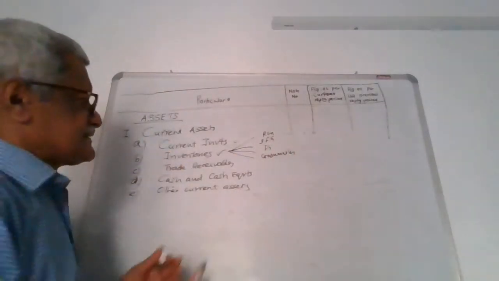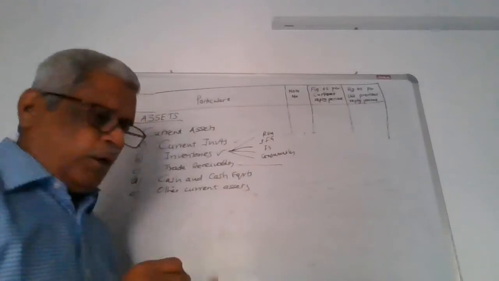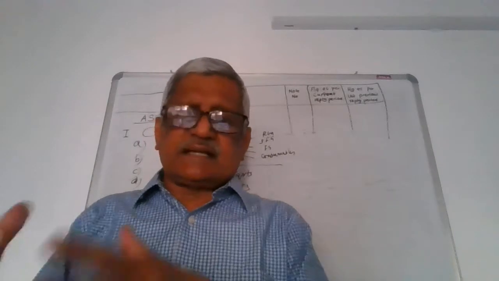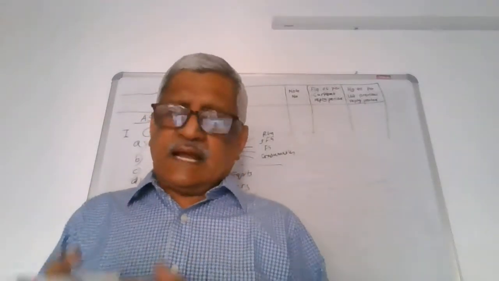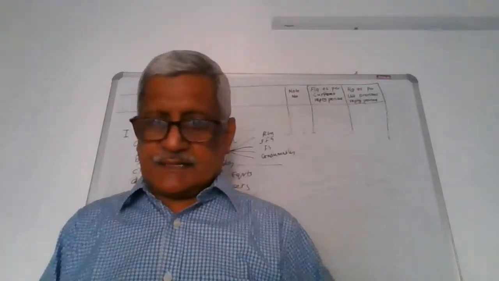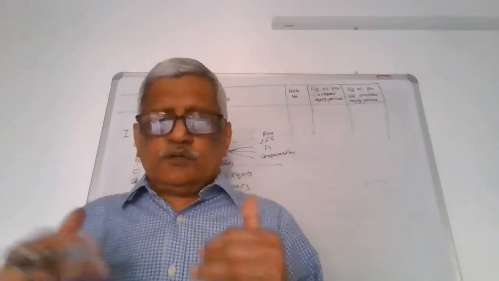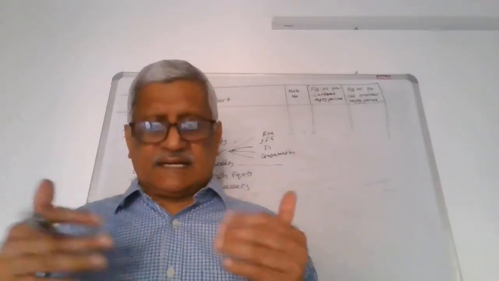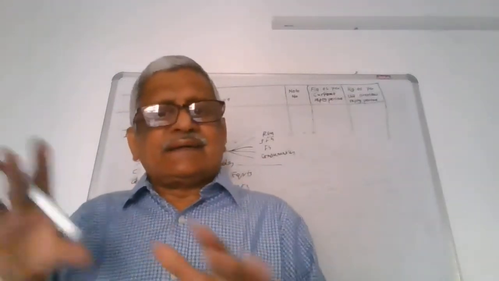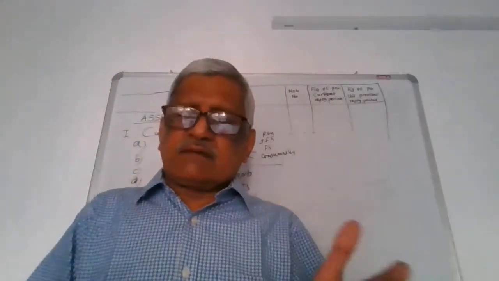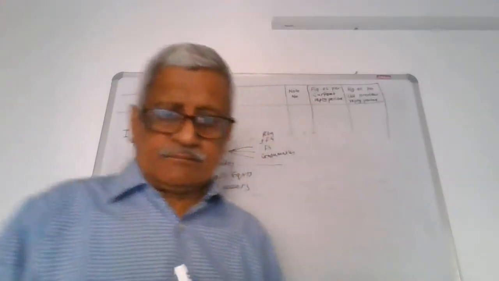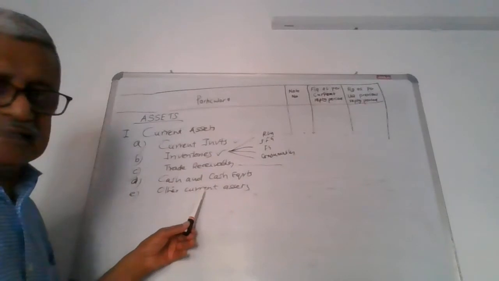Now, coming to trade receivables. Opposite to that is trade payable on the liability side. Trade receivable is when the company sells some goods to the buyers and permits them some time to make payment, for example 45 days or 60 days. So any amount due from the buyers as on the date of balance sheet will be known as trade receivables, but it pertains only to trade transactions. Any receivable to be collected from anything other than the trading activity will have to come under other current assets.